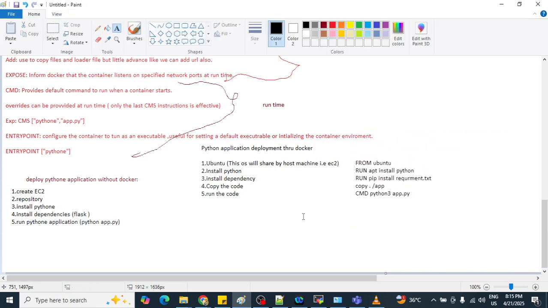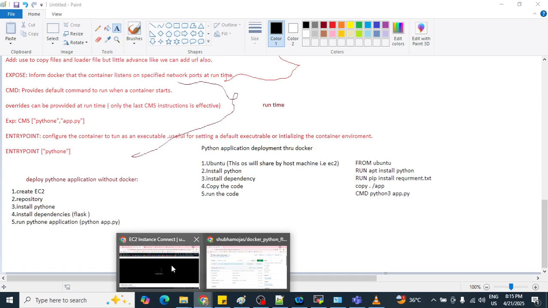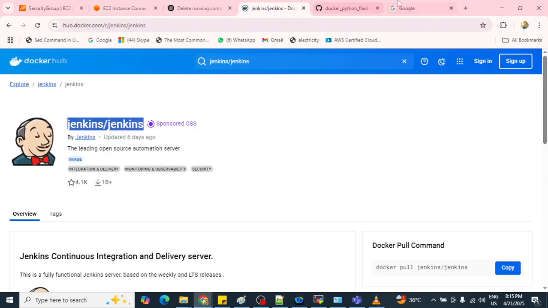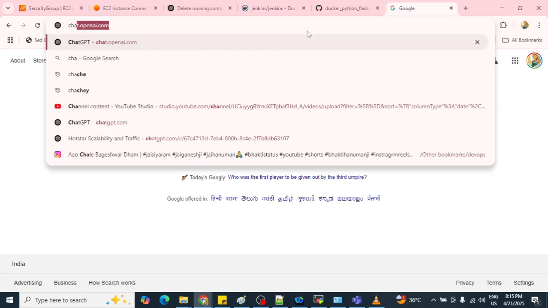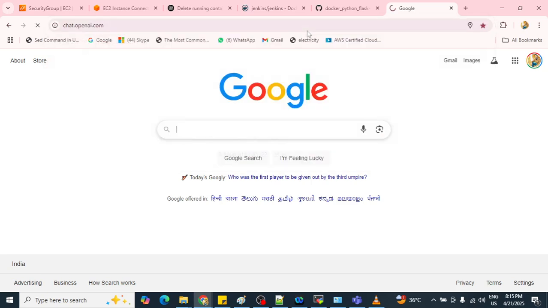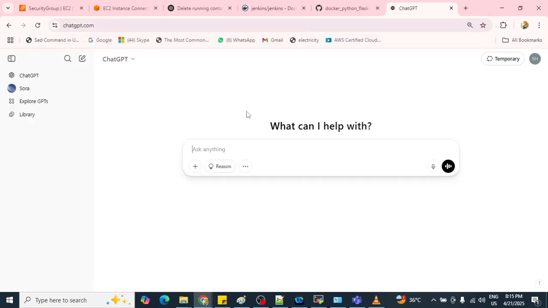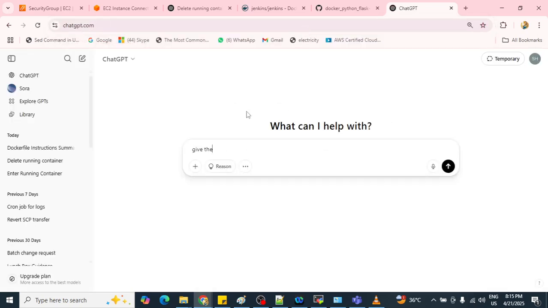Now let's ask the same thing to ChatGPT: give the Dockerfile to run the Python application.